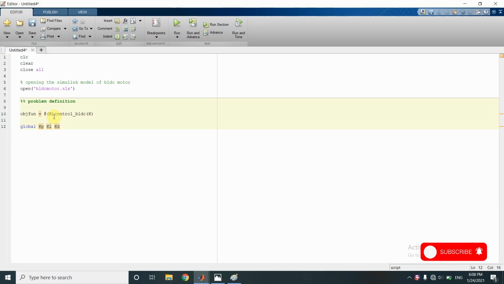So we will pass the vector k, which will contain the values of kp, ki, kd, to the separate objective function file that we will define later.